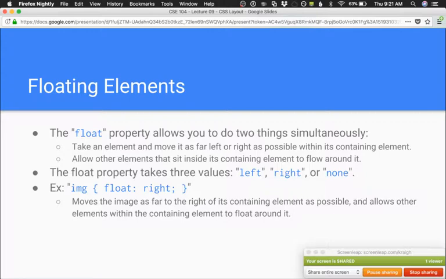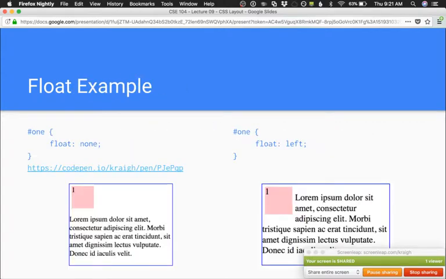So if we do image float right, it'll move the image as far right as possible, and it allows other elements within the containing element to float around it, even block level elements. So here's an example. If we do float none on this image, the text will be forced below, or specifically on the div. And then if we do float left on the div, the text will flow around